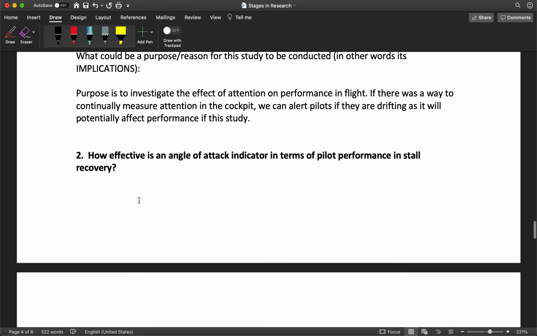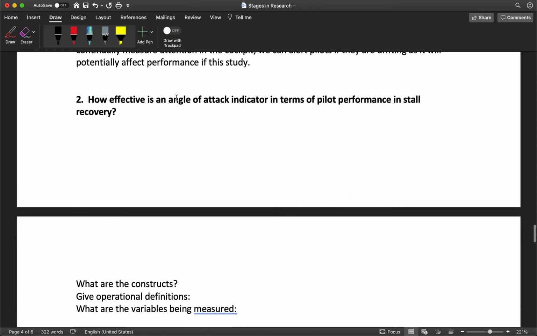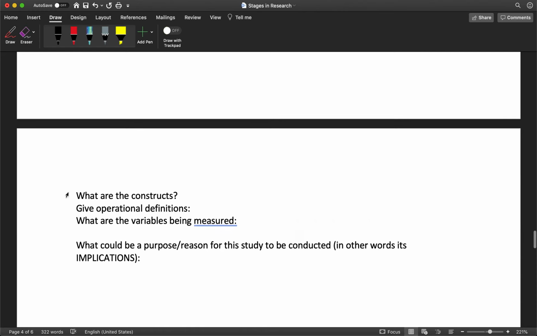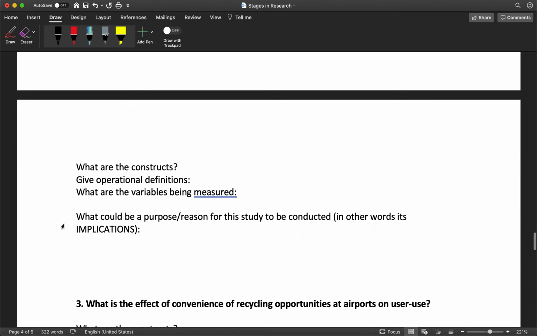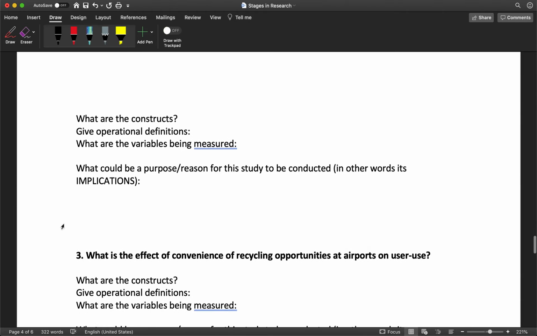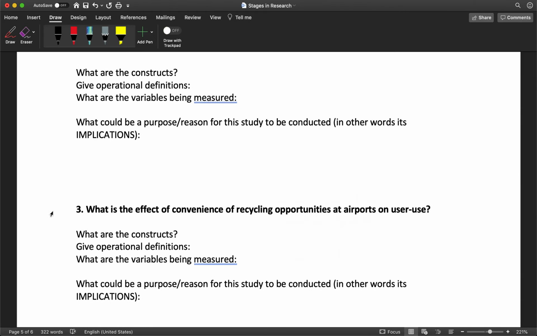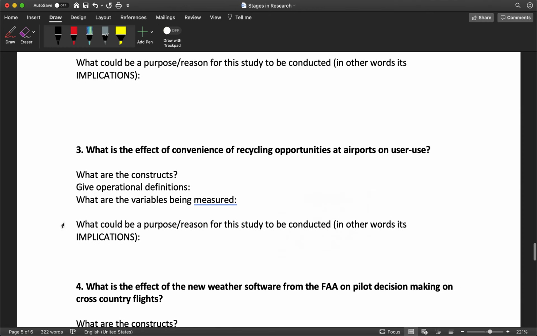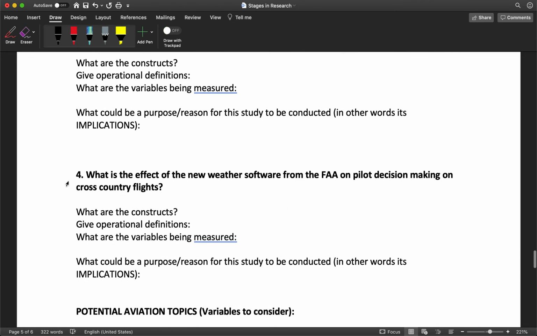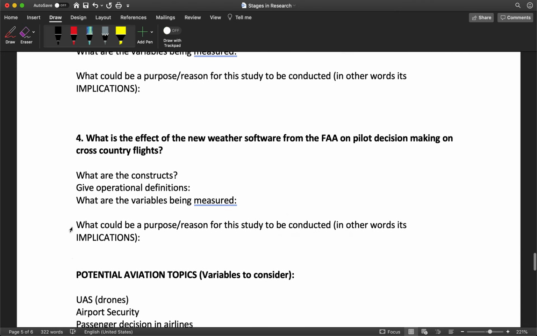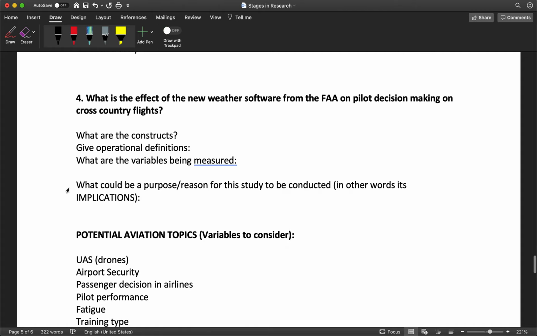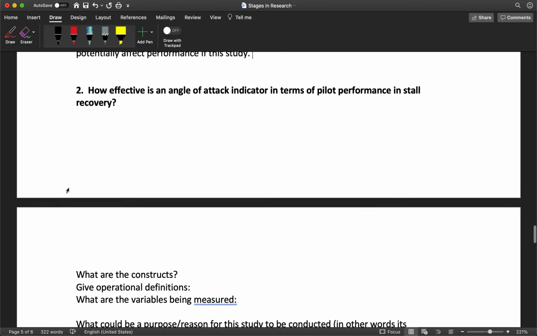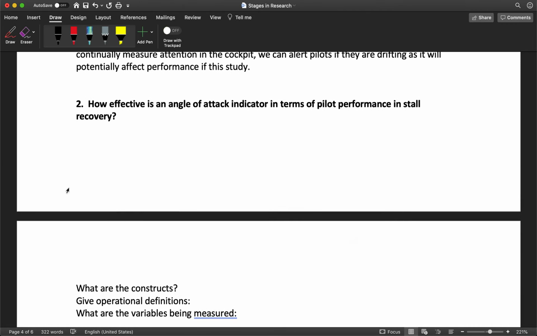So that's just an example. I've got a couple here. How effective is an angle of attack indicator in terms of pilot performance in a stall recovery? I'd like you to think about the constructs, give the operational definitions, what the variables being measured are, and then a purpose, a reason for the study. And then, what is the effect of the convenience of recycling opportunities at airports on user use? Again, I'd like you to come up with all these items here. And then, what is the effect of new software, whether from the FAA, on pilot decision making on cross-country flights? These will be your assignments, as well as your own 3 topics that you're going to come up with